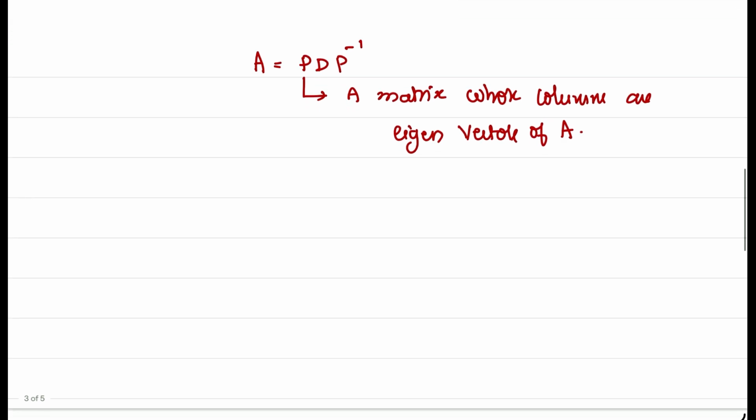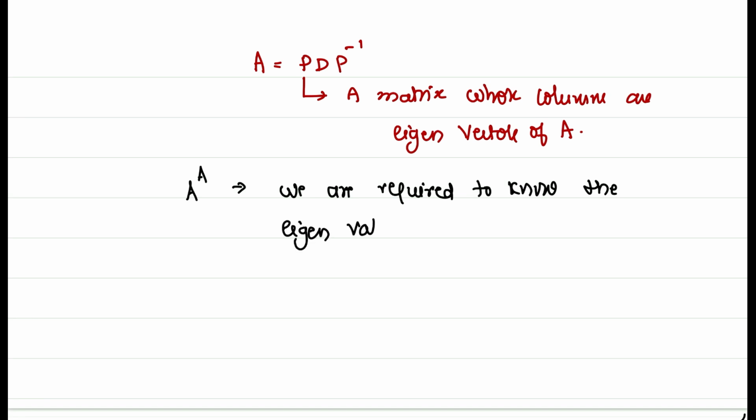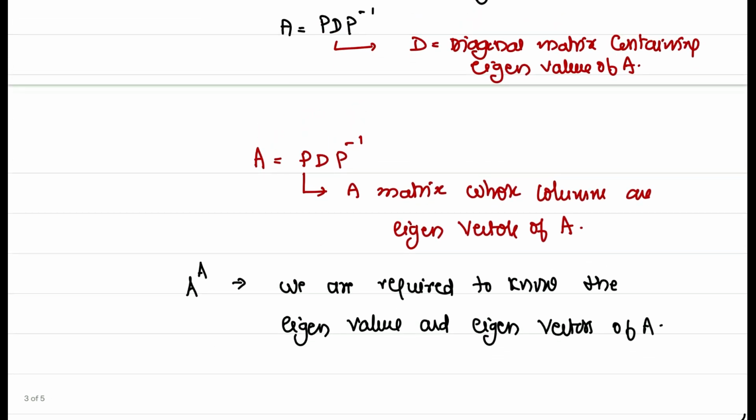That means, to understand the concept A to the power of A, we are required to know eigenvalues and eigenvectors of A, and D is equal to the diagonal matrix containing eigenvalues of A, and P is a matrix whose columns are eigenvectors of A. And if A can be represented in the form PDP inverse,